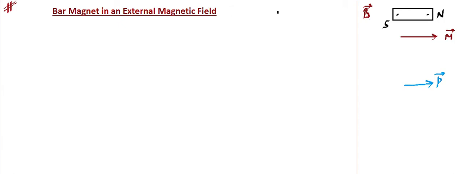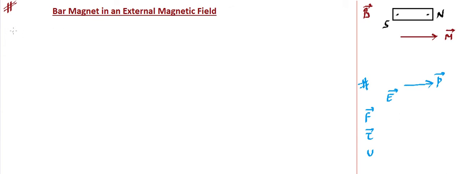Now we are going to talk about bar magnet present in an external field. So when this bar magnet is present in an external field, what happens? So we will be using the rules that we have learned over here. You remember we have talked about that when this electric dipole is present in an electric field, what happens? So there are rules like what is the force formula, what is the torque formula, what is the energy formula. And if you remember, we had two cases, once when this external field is uniform, another when this external field is non-uniform. Exactly the same we are going to copy over here.